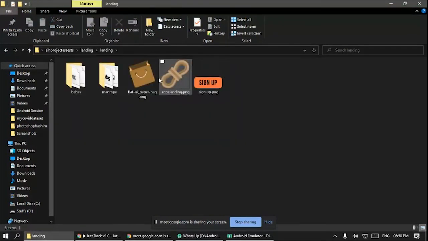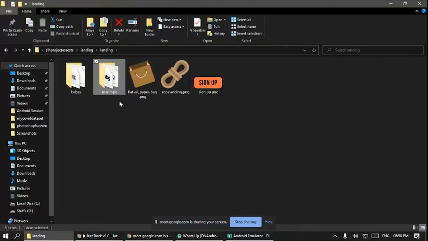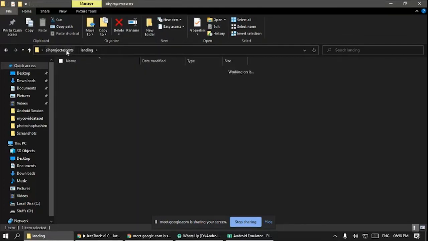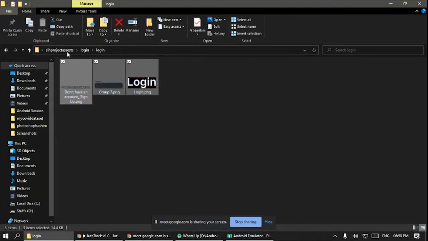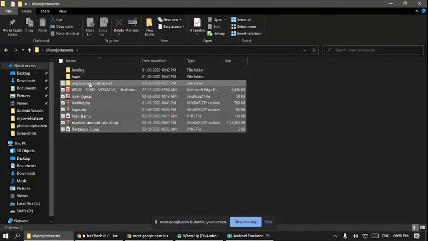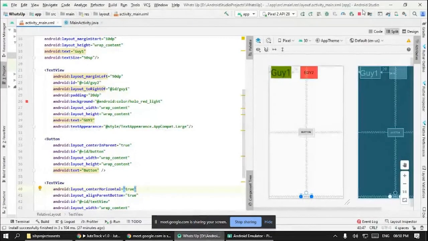You can see that he exported every little component and the fonts he used. And if I head over to the login page, there are the components used there. So let's open Android Studio, and I will show you how I implemented that design in XML.